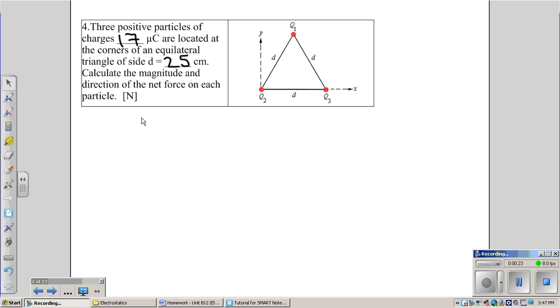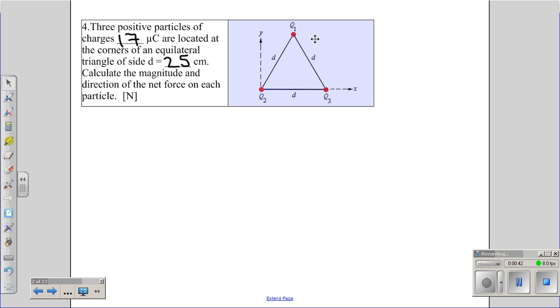It's going to be the same for each particle, Q1, Q2, and Q3, so we'll focus on, let's say, Q1 at the top of that triangle. The first thing to notice is that this problem can be broken up into two problems, a lot simpler. At first, we simply have Q1 right here. Let's turn the pen on, that'll work a little better. We have Q1 right here, and it is feeling an electrostatic repulsion from Q3 down here as well as Q2